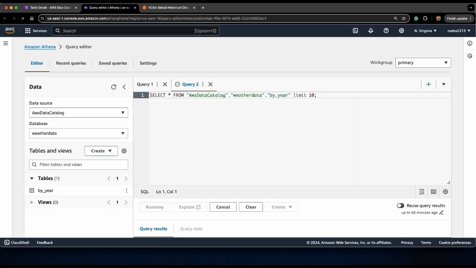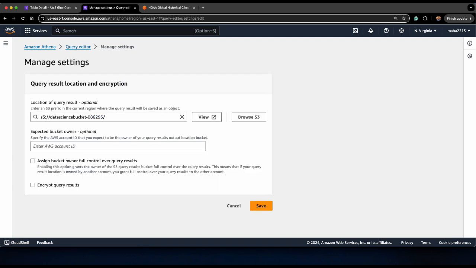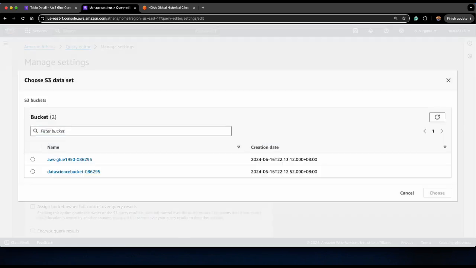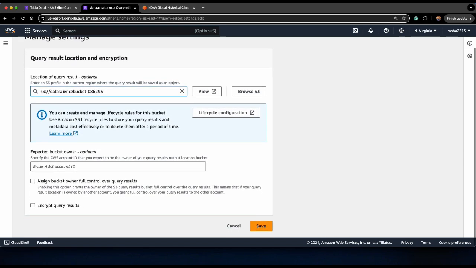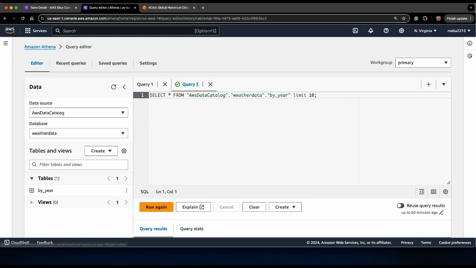The Athena console opens. Now we have to go to Settings and change the location of our query result by going to Manage Settings, choosing the Browse S3 portion, and choosing the Data Science bucket that we have created earlier on. Aside from the location of the S3 bucket, leave the other options in their default state and